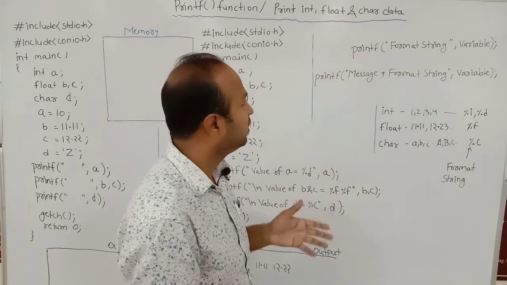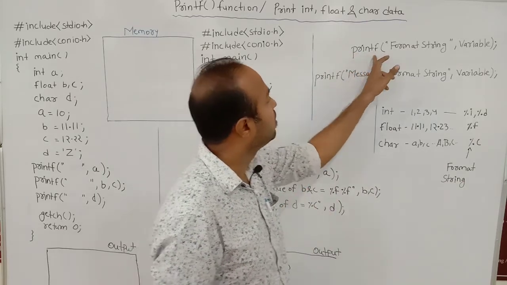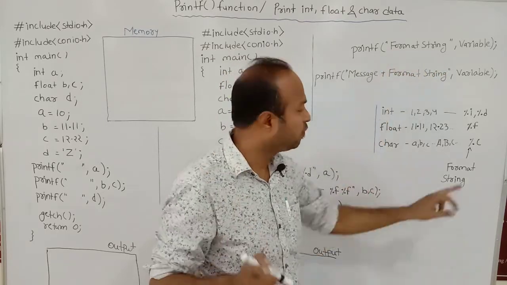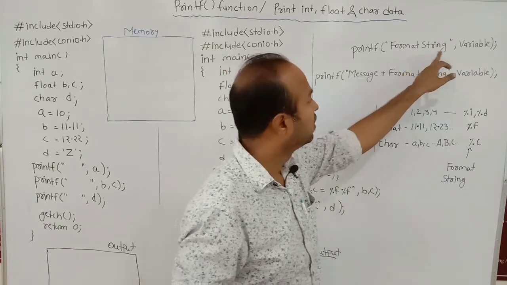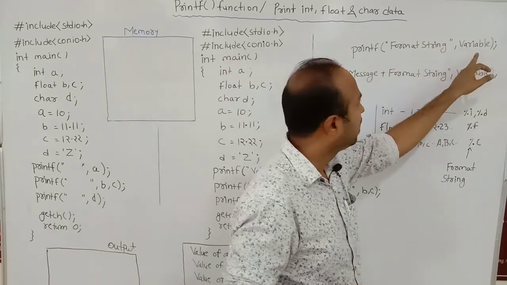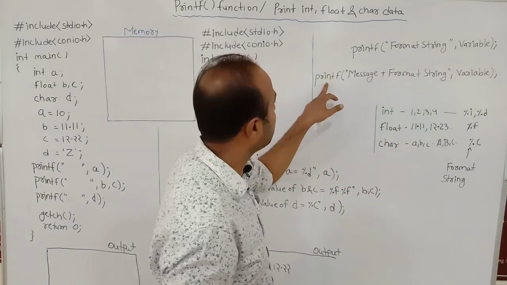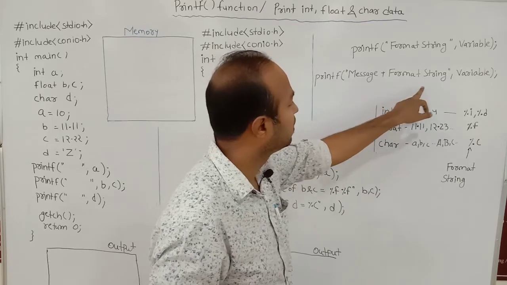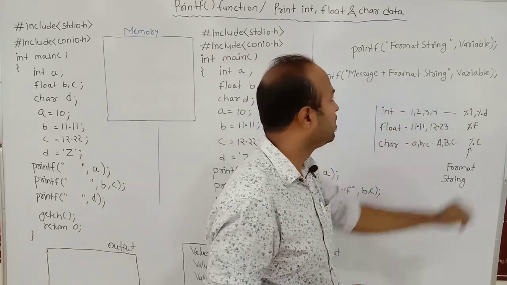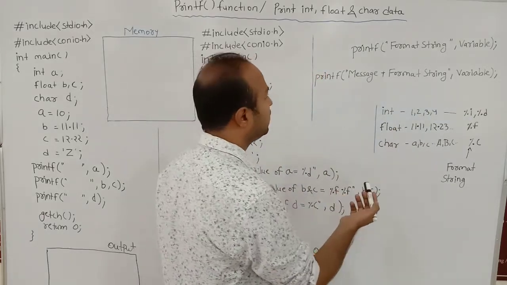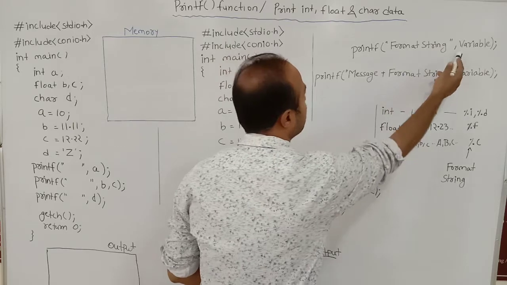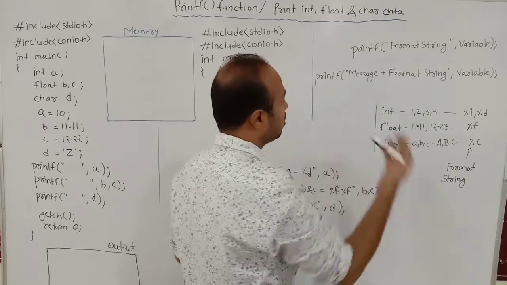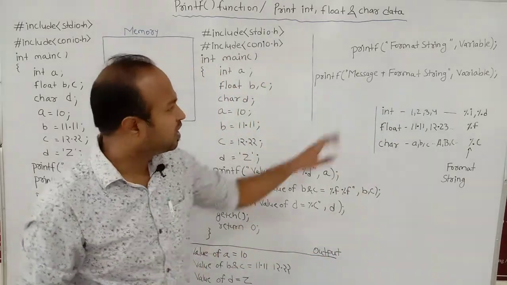And if you want to print these data types, then the format is here. First format is printf. Within the double quote, we have to write the format string. Always remember, we write the format string within the double quote, then comma, then variable. And second format is printf, and within the double quote we can write message plus format string, then comma, then variable. So we can see that in both, format string and variable are common. Means message is optional. Either we can include the message or we cannot include the message in our printf function.